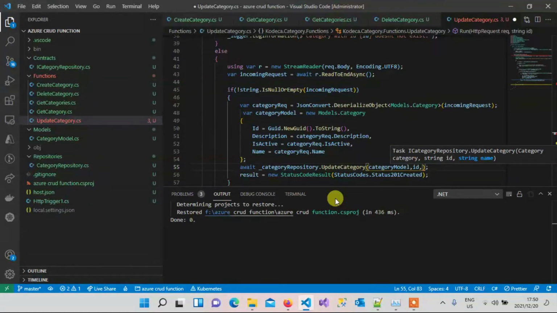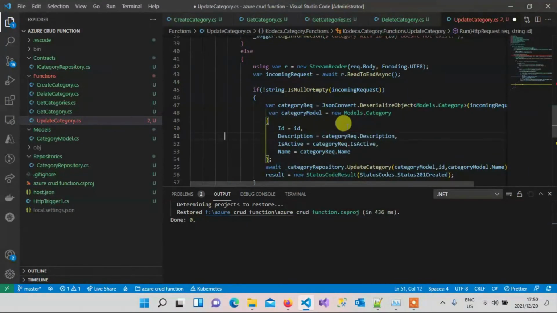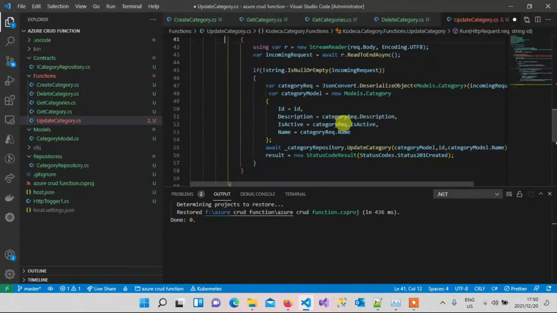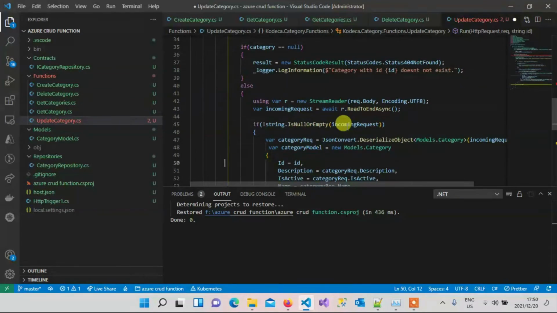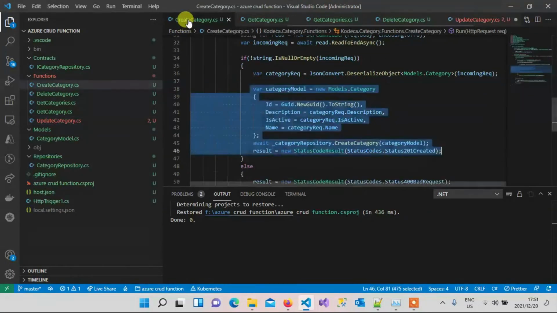We're gonna use our name as category model name. So instead here of regenerating the ID, we can just pass that ID. So we have created our object, we updated it, so I can put another else here,